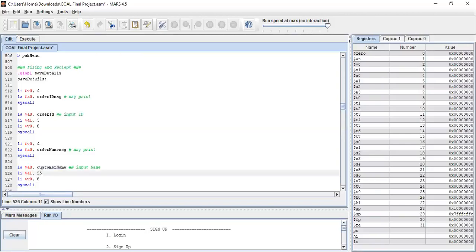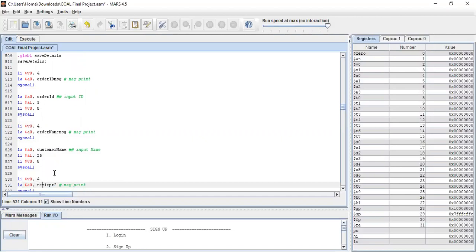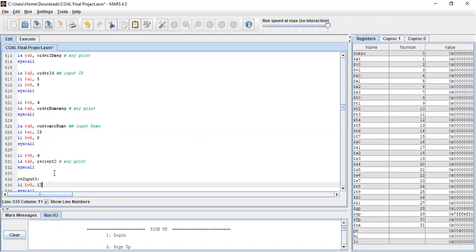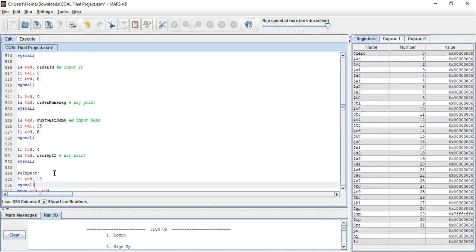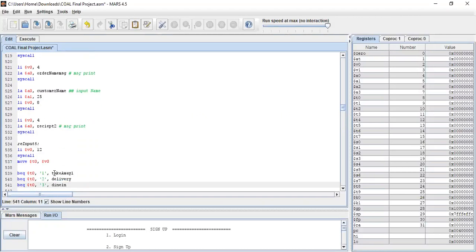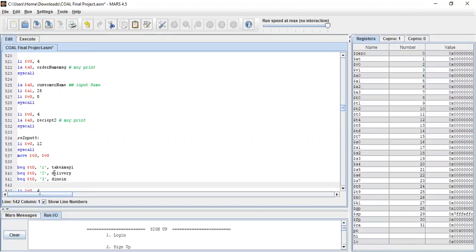It cannot be more than 25 characters, and it will read with syscall 8. We are then calling the system call. It will send us back to receipt 2. Then if we have entered something wrong, it will guide us back to re-input 5.